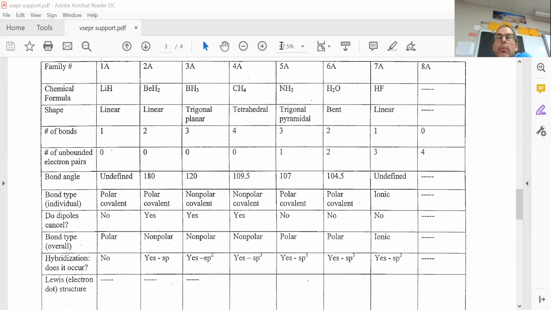In this video, we are going to look at some of the basic shapes of the main block elements. So this is mostly a review of what we did in honors chemistry, but I think a good way to get a start and look back at it. So in this valence shell electron pair repulsion support packet, or VSEPR support packet, I think on page 3, I